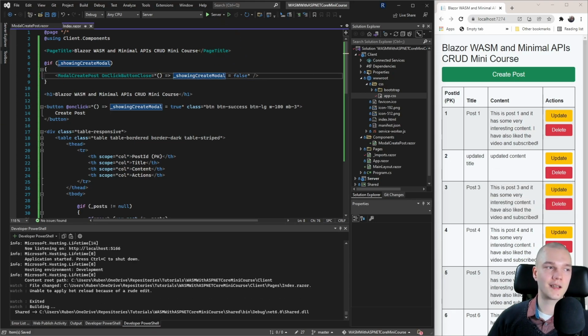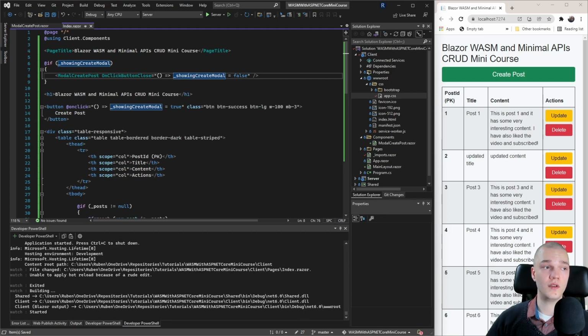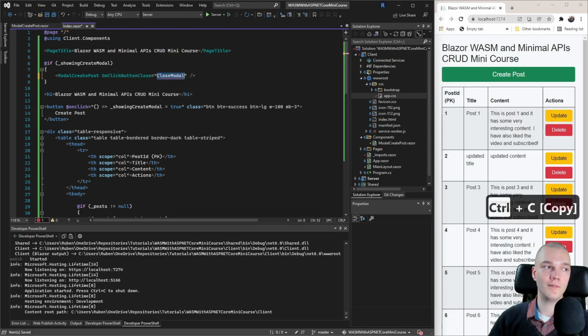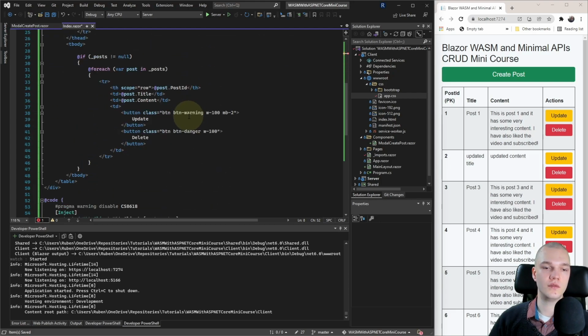And because delegates and lambdas confused me, and maybe others too, I want to show you that we can just pass in a method here too. Instead of the lambda, I'll pass in CloseModal. And now we need to create that method. So I'll copy the name and scroll down to the code.